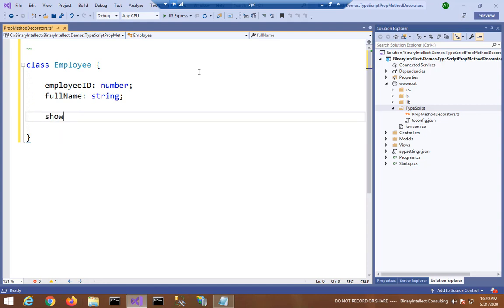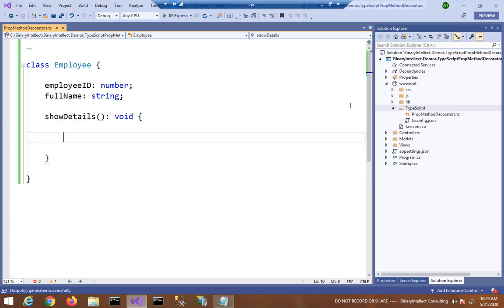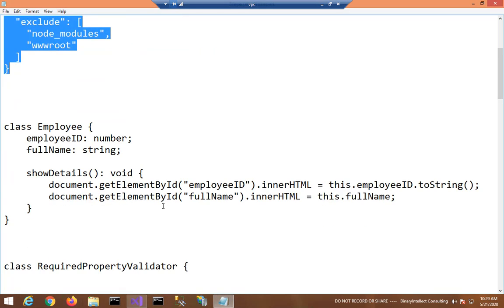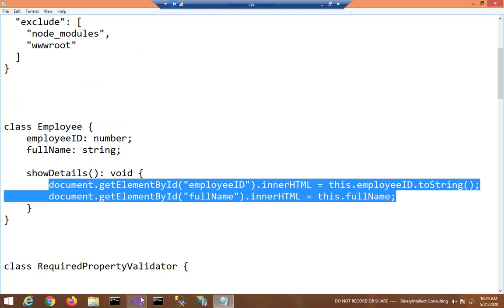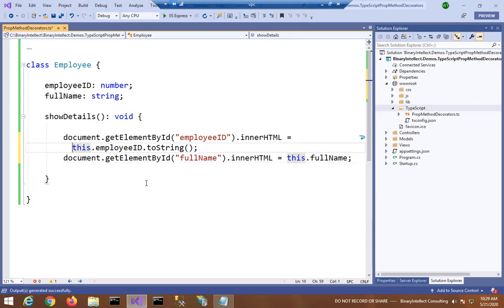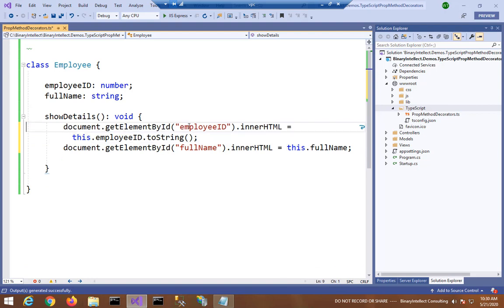We'll also add a showDetails method. The showDetails method basically picks up employee ID and full name elements from the HTML page and sets the inner HTML to the respective values of the employee ID property and full name property. So this is the Employee class.